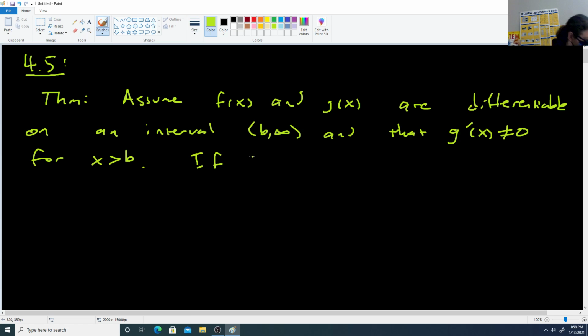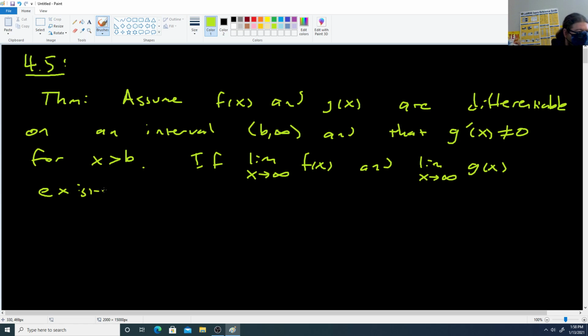If limit as x goes to infinity of f of x and limit as x goes to infinity of g of x exist and are either both 0 or both infinite,